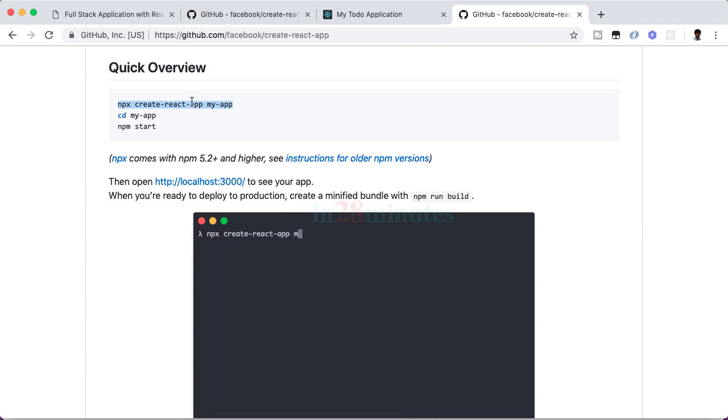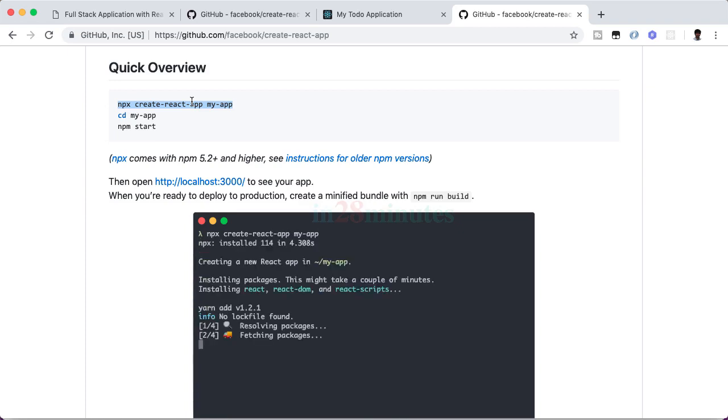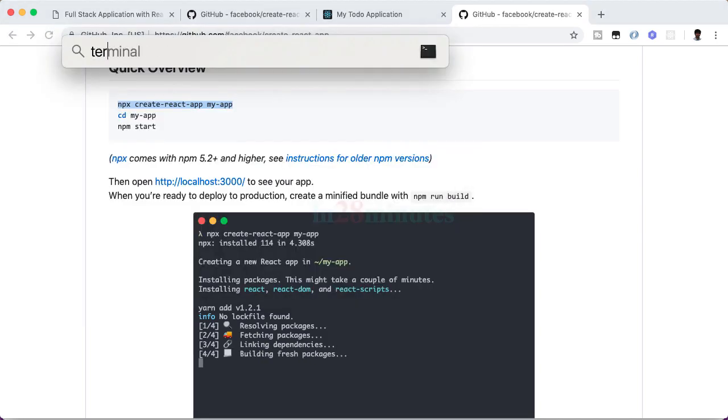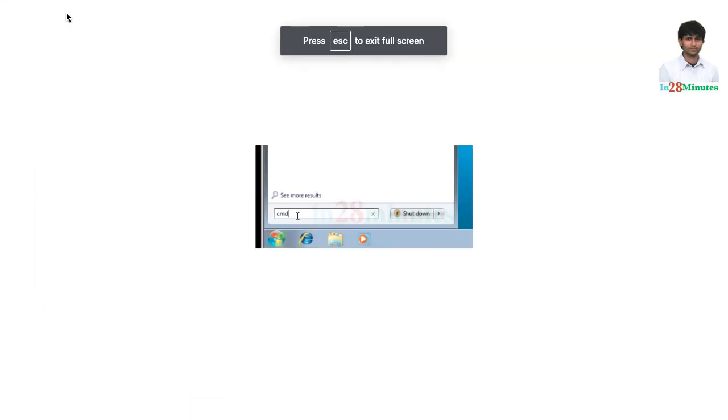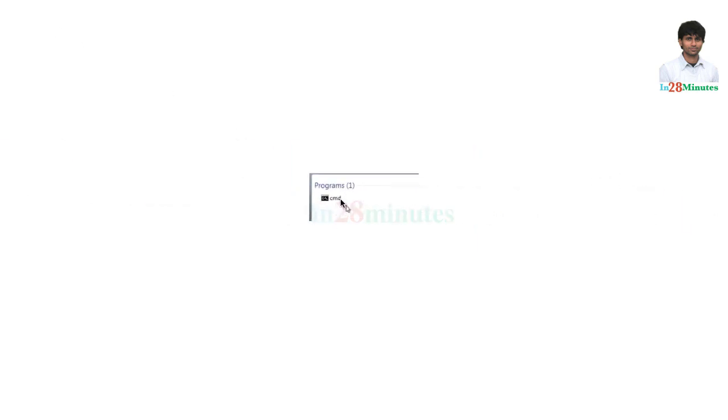Let's launch up our terminal or command prompt. If you are on Mac, it's terminal. If you are on any other operating system like Windows, for example, you have to launch up the command prompt. Just type in terminal and you'd be able to launch up the terminal window. If you're on Windows, you might want to launch up the command prompt in this way. Press Ctrl Escape, launch up the start menu, type in CMD, click the command prompt, and it would open up for you.